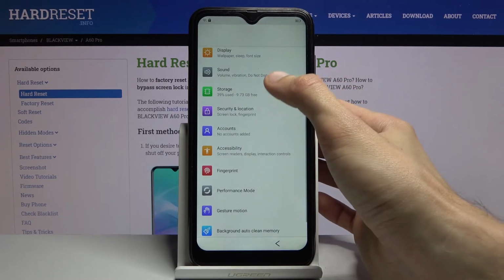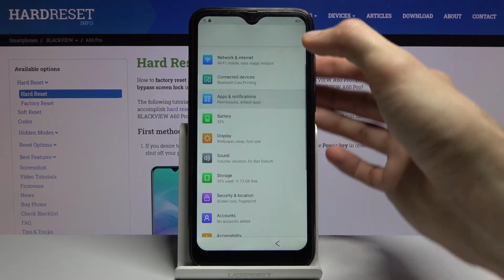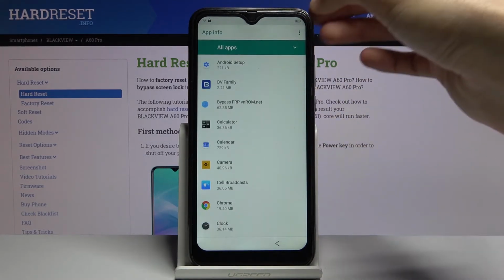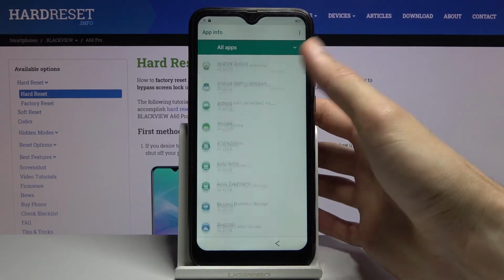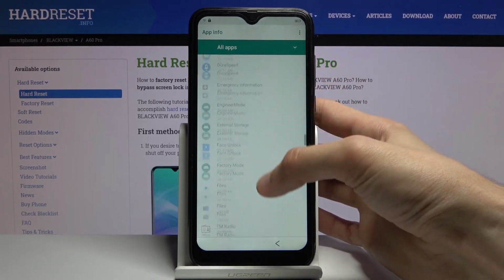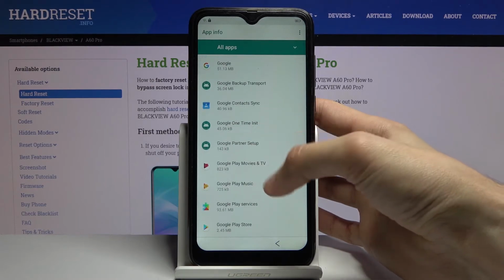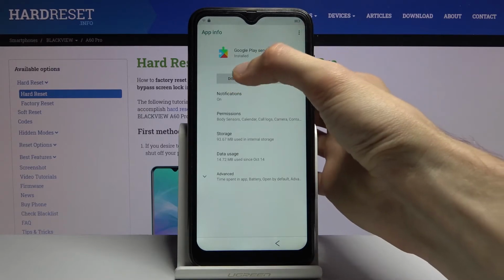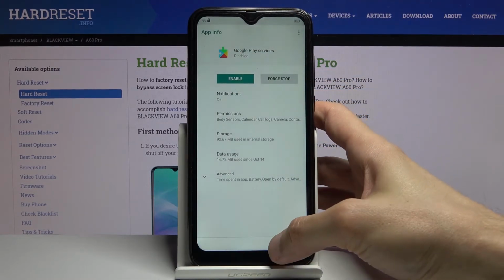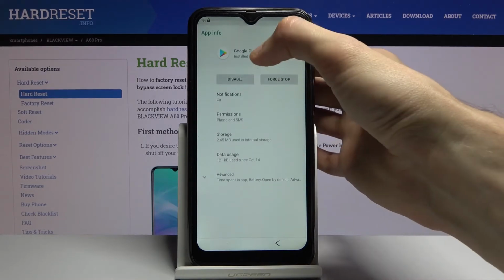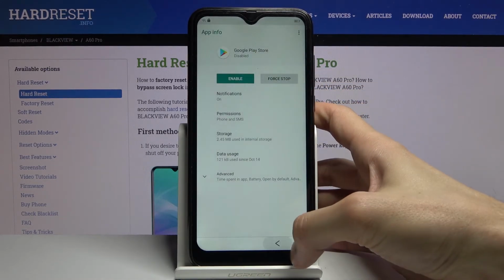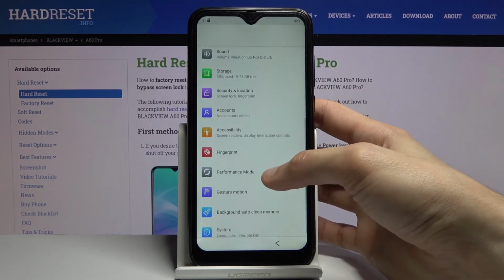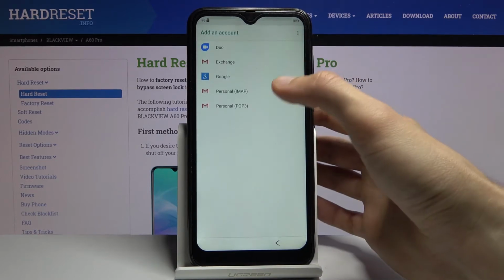And from here we need to now go to the apps, and this time around we should be able to deactivate them. So show 33, show system, and scroll down to G. There we go. Play services, and there we go. Now we can disable it. So disable app, go back, and then Play Store, disable app, go back, once more, and now scroll down to accounts, tap on add account, choose Google,